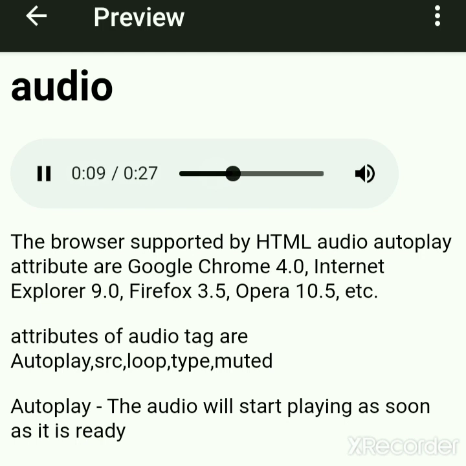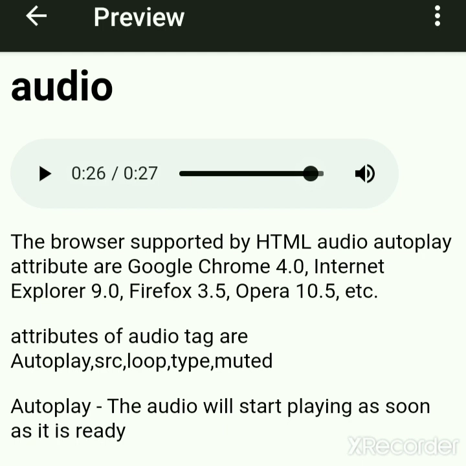So this is the use of loop. Loop means the audio will play again and again after completion of its first cycle. I had stopped this.